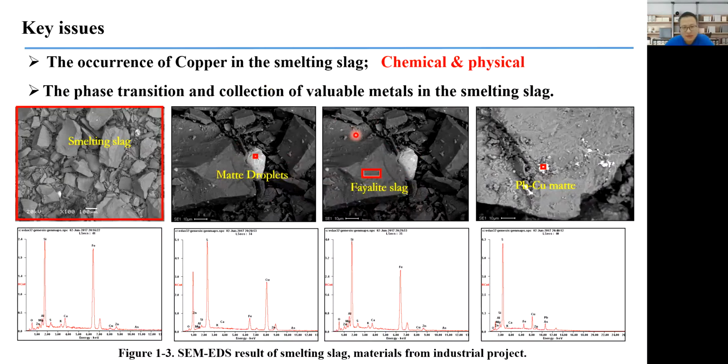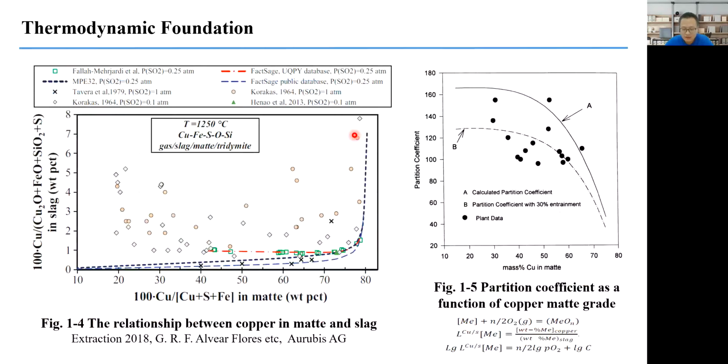And the thermodynamic foundation, because the assignment got from Imam is thermodynamic application examples. So you can find why copper is lost physically and chemically. And this is one of the newest papers published by Arubis. So it summarized the copper content in the slag. So it contains both physical copper and chemical copper. And this is copper matte grade. So we can find out that